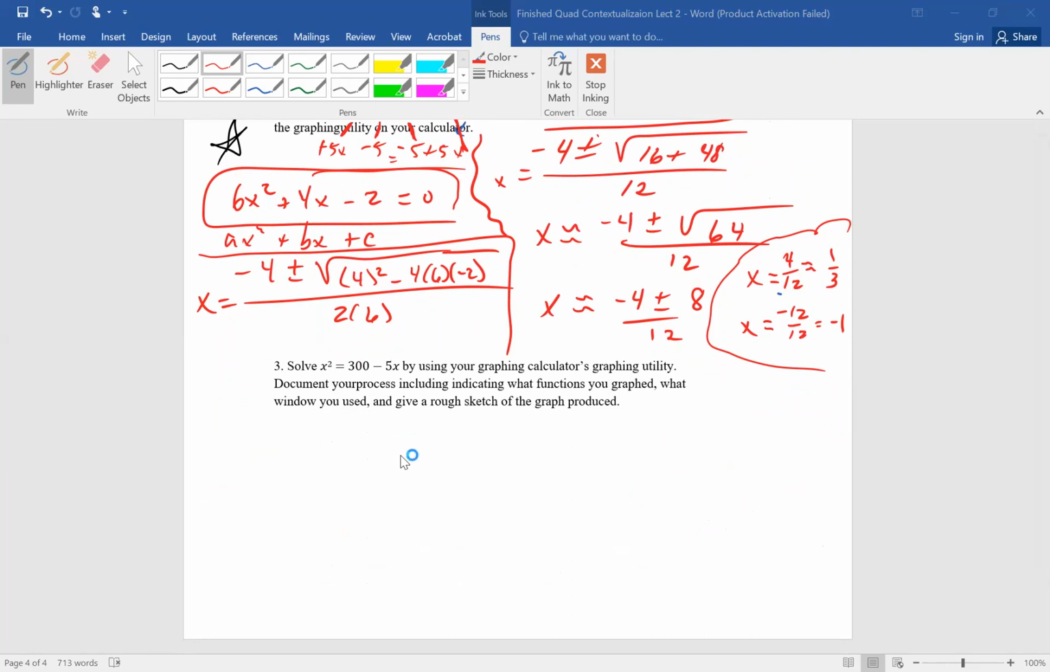Let's see. So they want us to use our graphing calculator. Let's move stuff over right now. So x squared plus 5x minus 300. Notice I just did the plus 5x minus 300. I just moved this whole thing this way and changed the signs. Now that it's equal to 0,